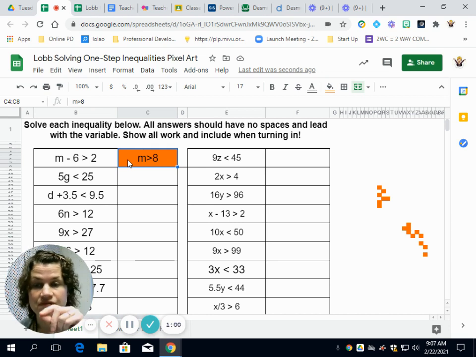Then you would write down 5g is less than 25 on your notes, right? And then you're going to divide, show with your fraction bar. Right under the 5g, you're going to write that line with a 5 under it. Then right under the 25, you're going to write that line with a 5 under it to show that you are dividing, right? So then you end up with just a g on the left, and you have the less